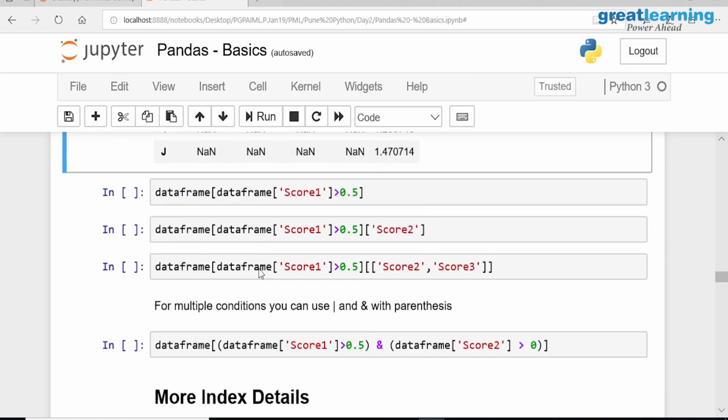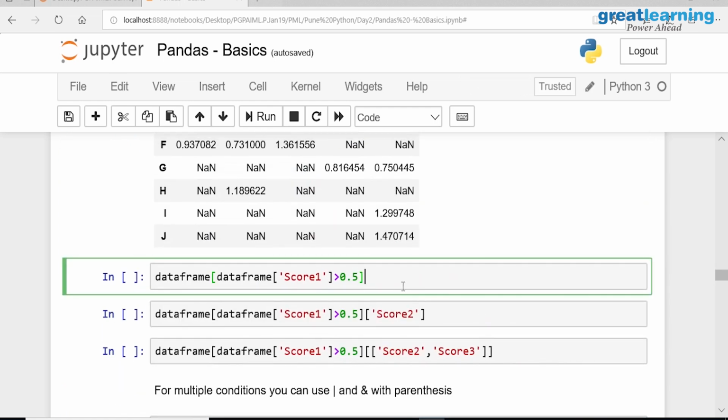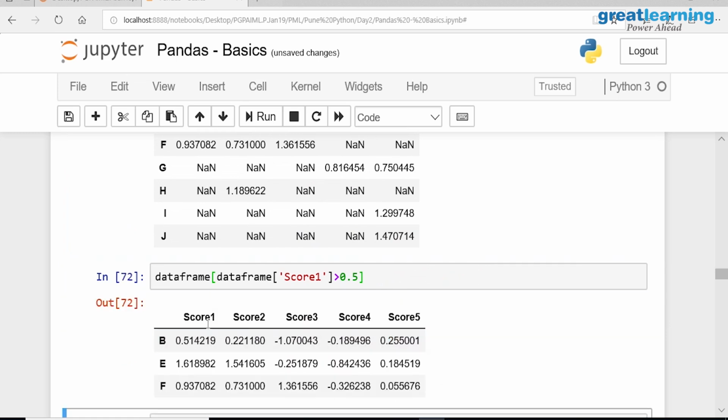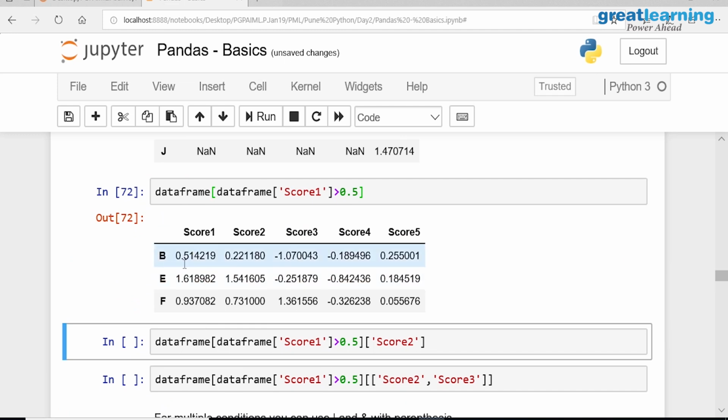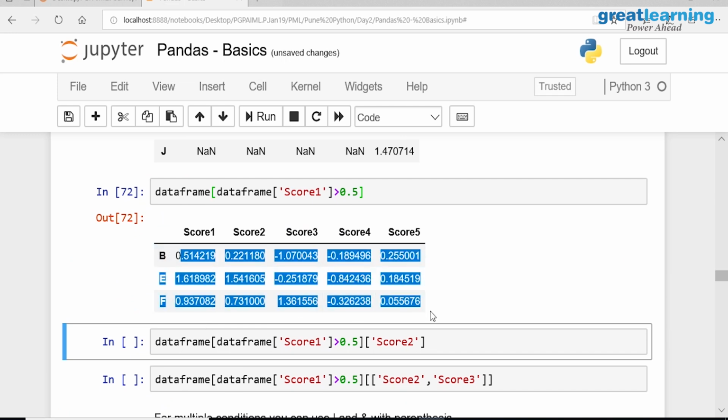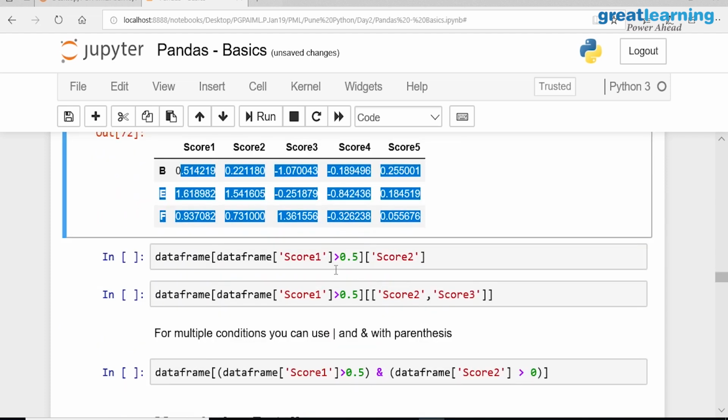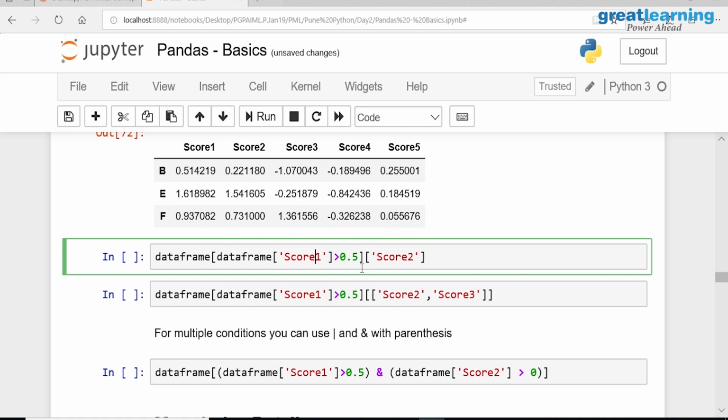But what I want is not that. I want to see all the records of the scores where score 1 is greater than 0.5. Then I will get only those records where score is greater than 5. I want to compare score greater than 5, but I don't want all the columns.